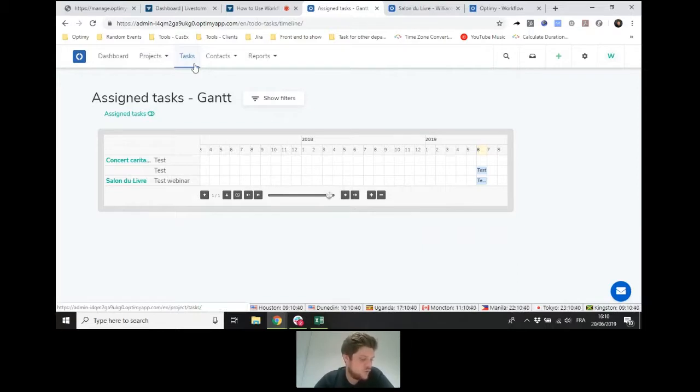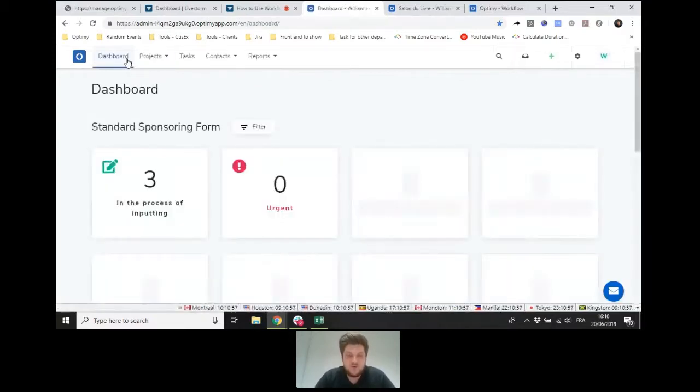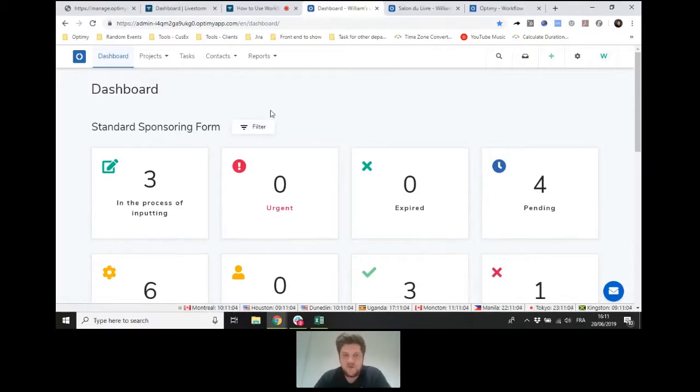Now I'm going to go with the workflows. So regarding the workflows, let me go back to the dashboard. So basically what you can do is create a workflow to automate part of your processes or all of your processes, of course. I've created a few workflows already, and I'm also going to create a workflow in front of you so you can see how it works and how it functions. And then afterwards, I will show you a more complex workflow to show you the extent of how you can